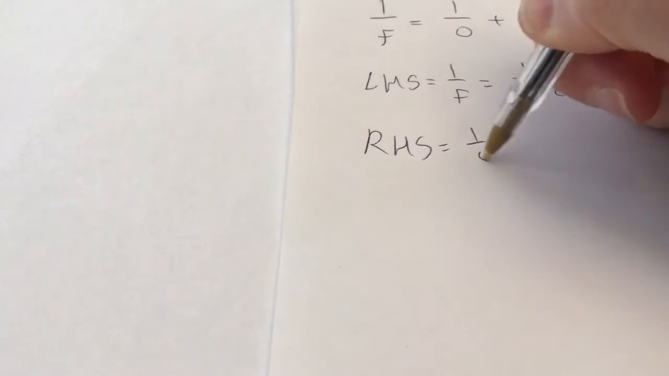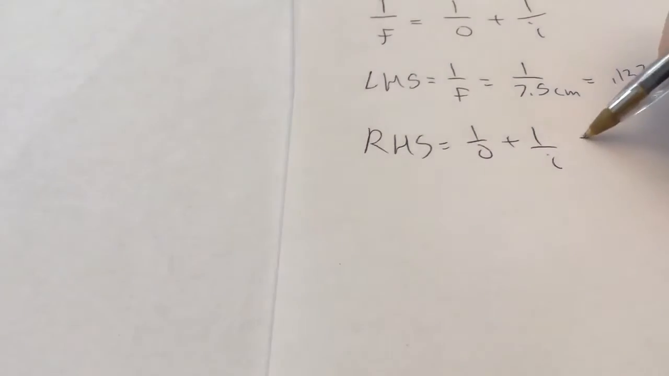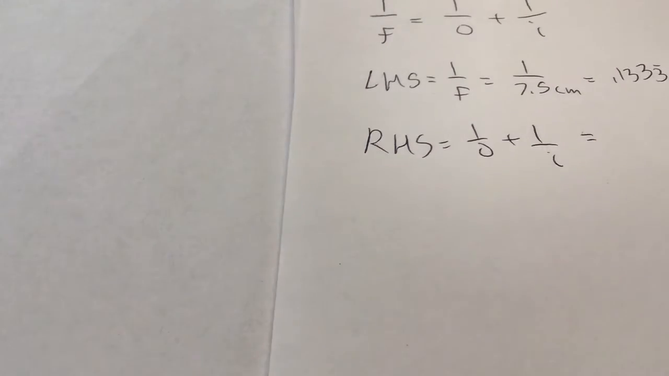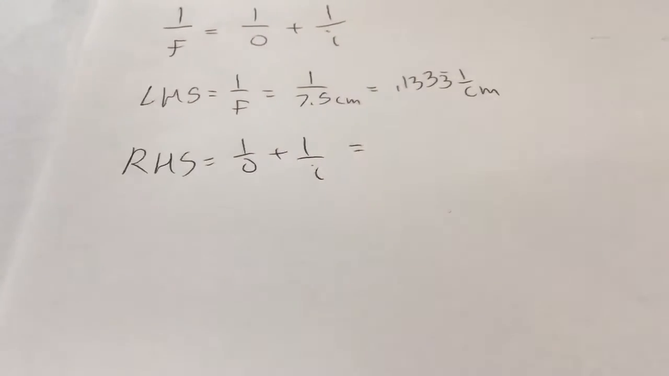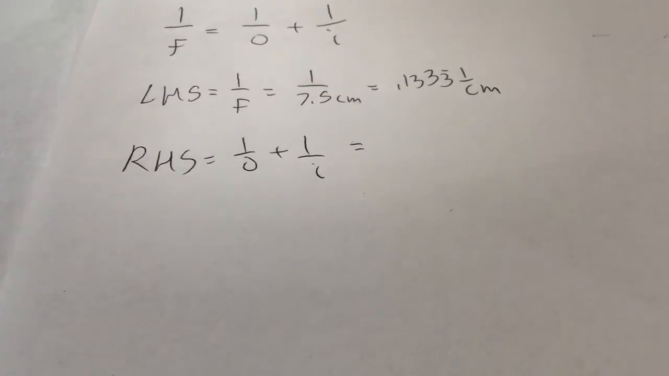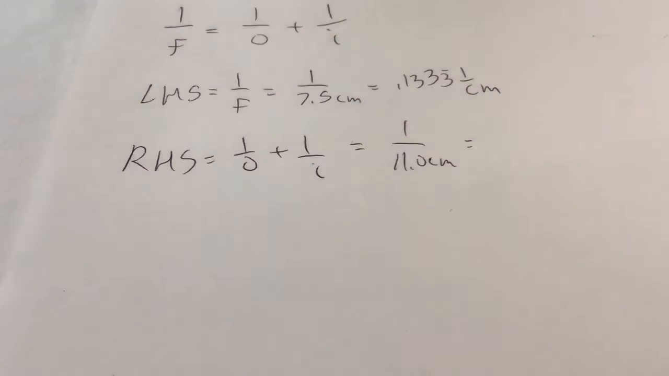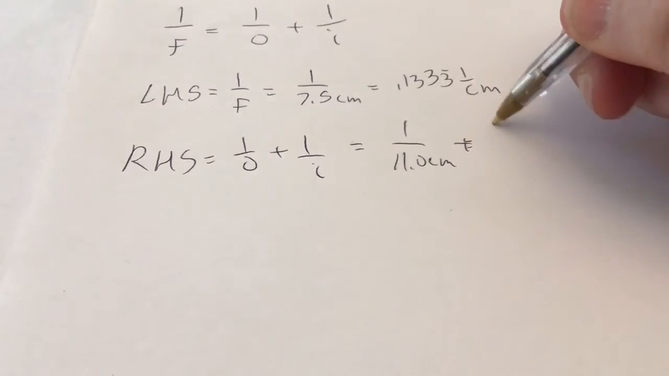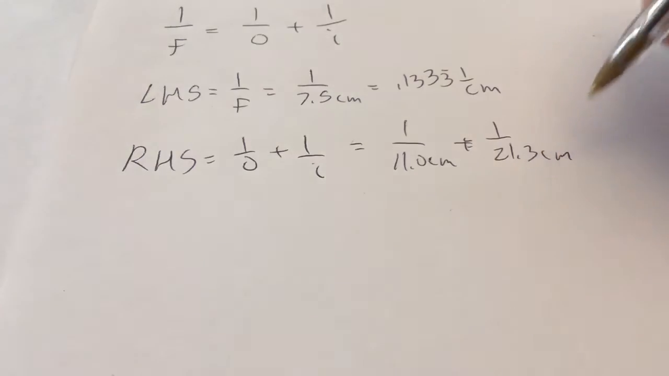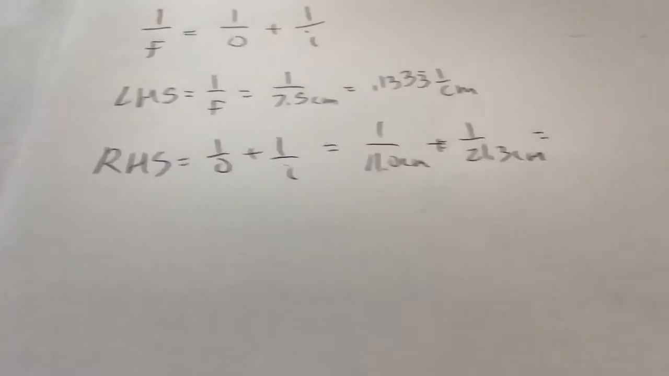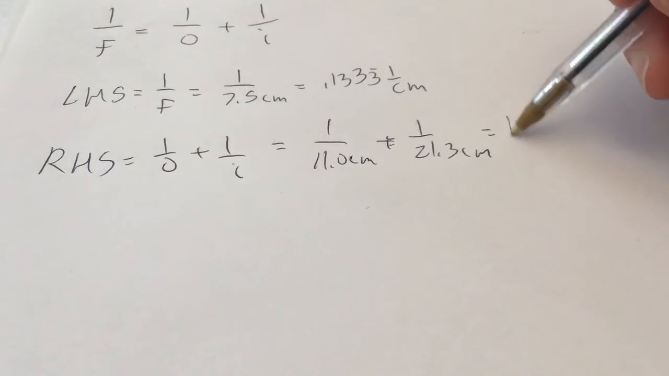So let's actually see, move down a little bit, what the right-hand side is equal to. So the right-hand side of the equation is 1 over O plus 1 over I. So for our first trial, look up what O and I is. O was 11 centimeters, and I was 21.3. So what you want to do is also calculate that. So just calculate this right-hand side